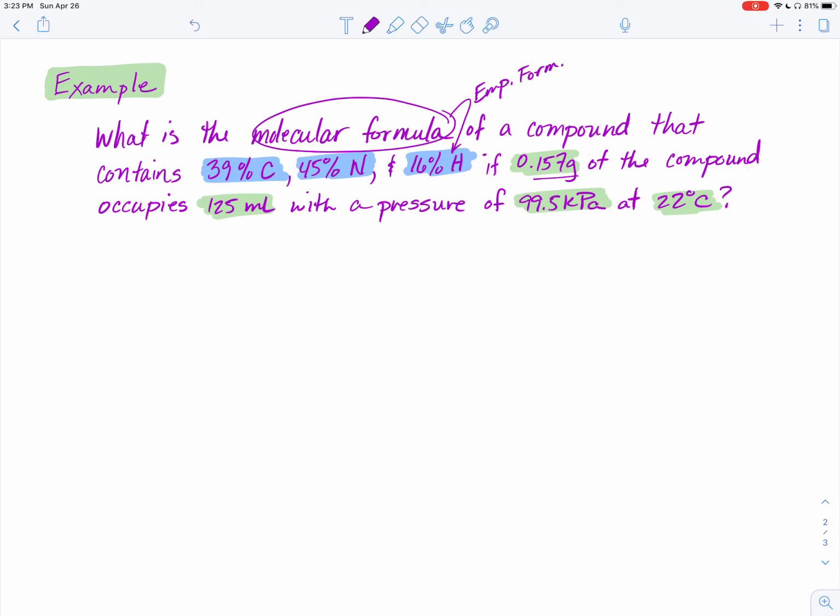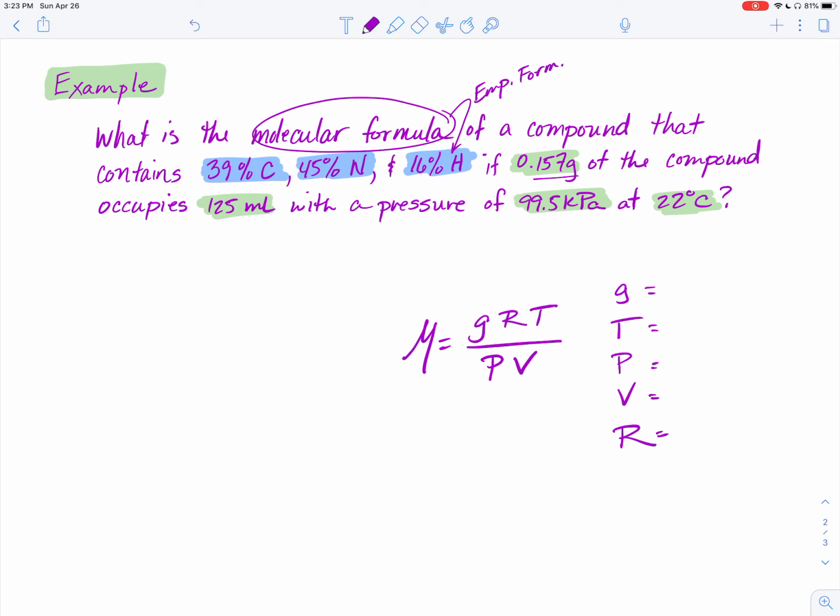And so we know that we've been given the grams, the temperature, the pressure, and the volume. We are going to need to use the R, a specific R, so we need to determine what that is. And we're going to use the equation molar mass equals mass times the universal gas constant times temperature divided by pressure and volume. This is just a derivative of the ideal gas law. So let's do that part first,